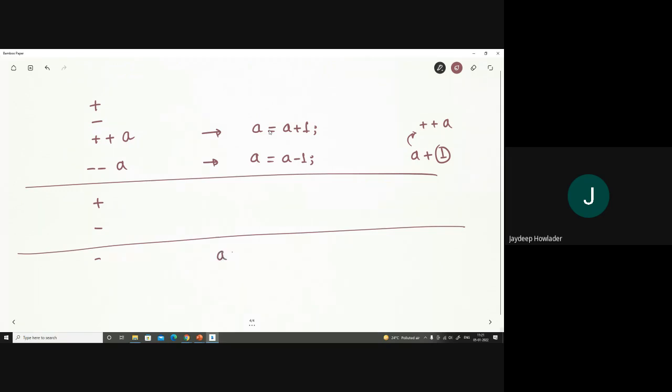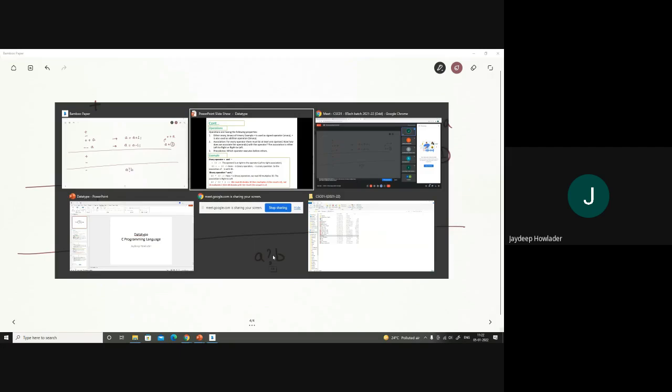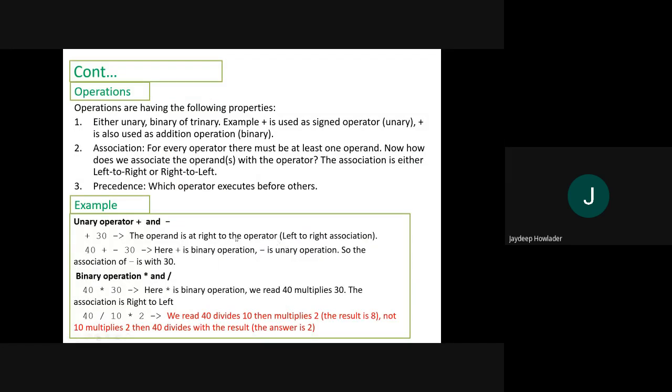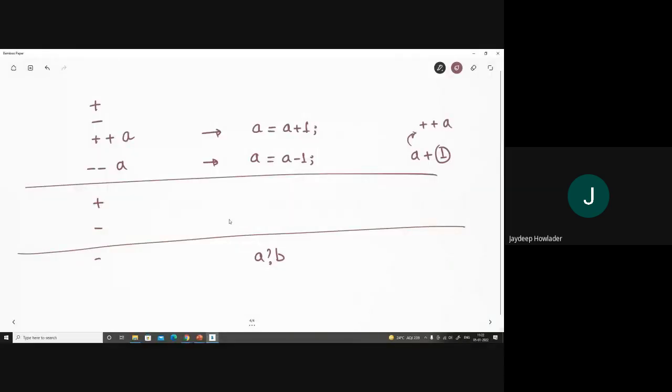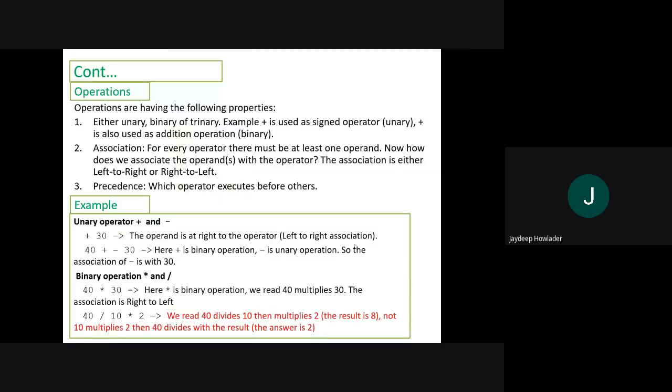Say A, B, colon, say 5, 3, something like that. I forgot that notation. Let me check it. I am not sure. I will let you know. It is a trinary operation which takes 3 arguments.